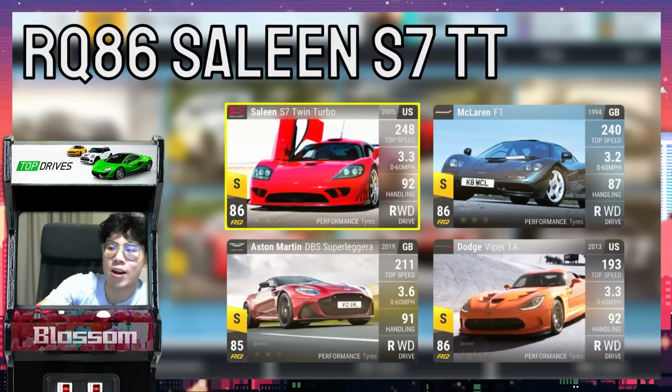Like for example, the McLaren F1, 3.20 to 60 isn't really the best thing in the world for an RQ86. Well, guess what? It has 100 MRA. Or, you know, the DBS Superleggera, 3.60 to 60 is really, really weak for an RQ86. I know it's an outdated picture, but it's RQ86 in the game now, right? So it's a really bad 0 to 60 for an RQ86, but it has 110 MRA. So what I'm trying to say is that the worse the 0 to 60, the better the MRA probably is,